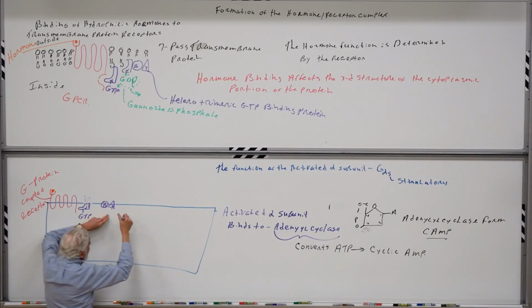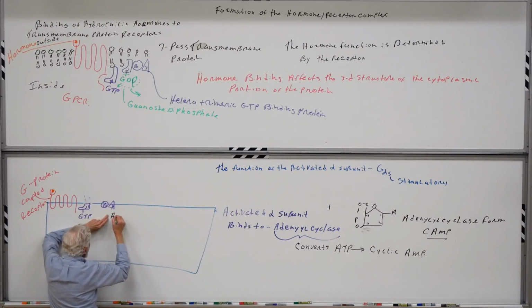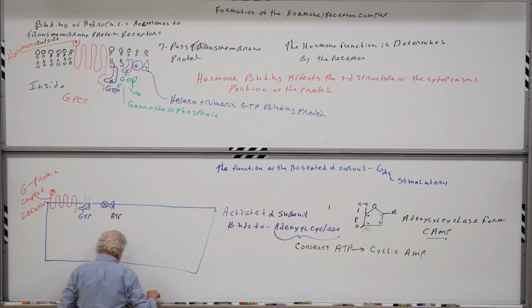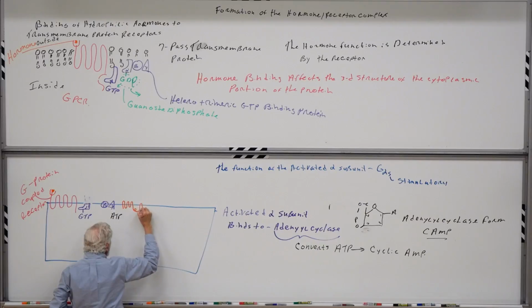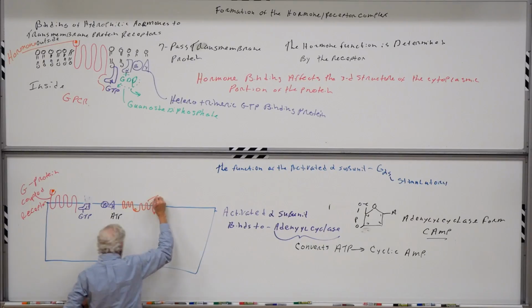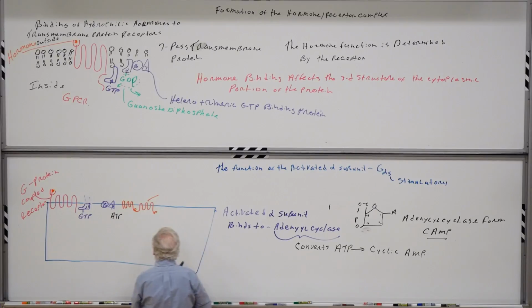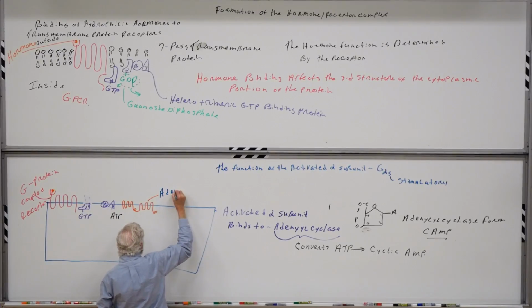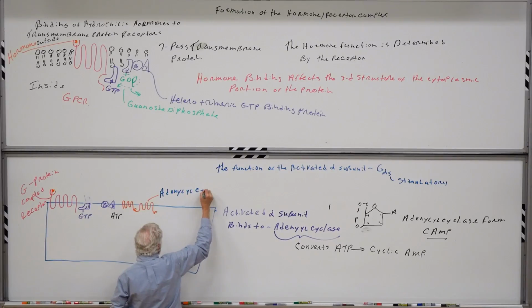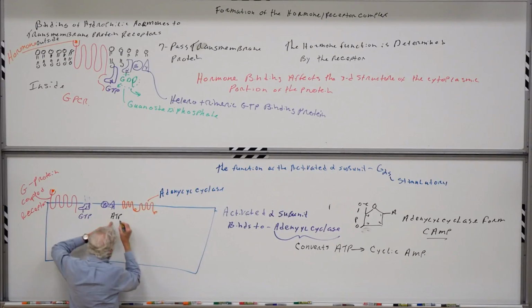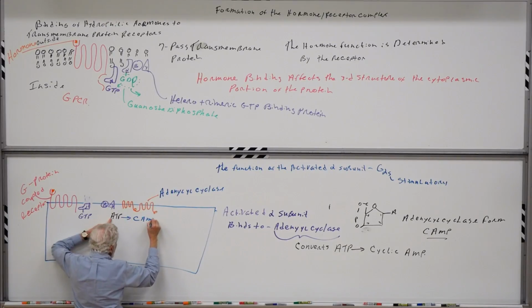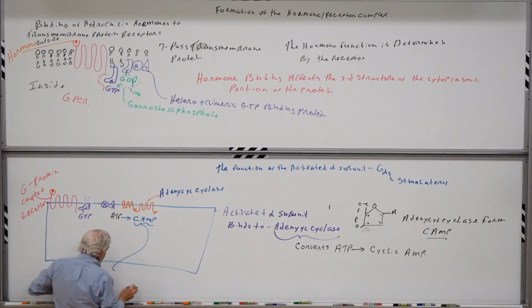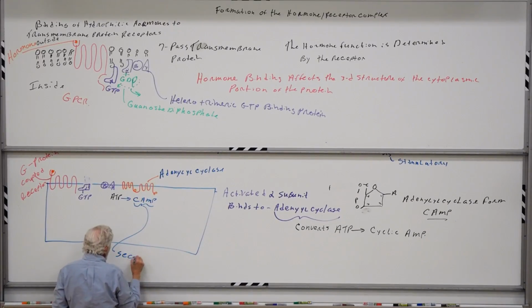Well, I won't go through all of that here. I'm just going to say that we're going to take ATP, and through its activation of this protein that actually crosses the membrane 12 times, this is adenylyl cyclase. Adenylyl cyclase takes this ATP and converts it into cyclic AMP. Now, cyclic AMP is what's known as a second messenger,